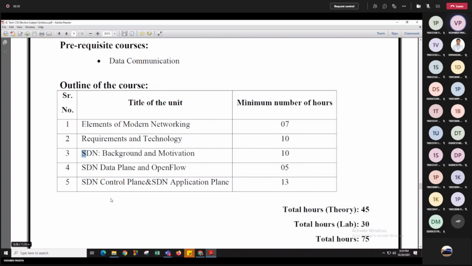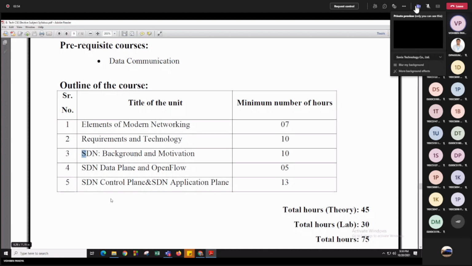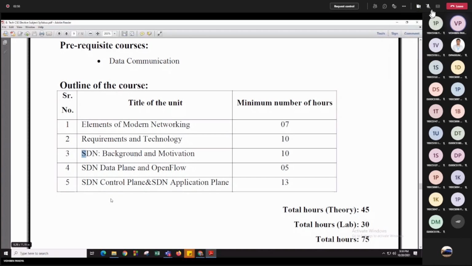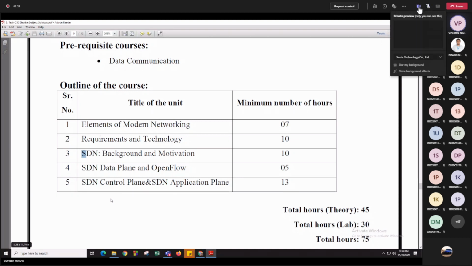So instead of a one layer architecture, now in modern networking you are going to learn about the 3 layer architecture. Whenever we want to expand our network, there is no need to manually configure each and everything. By using software and coding mechanisms, you can directly configure the different devices and other things.